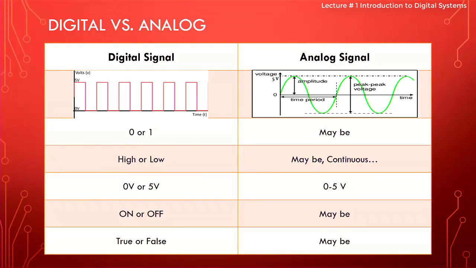And like I said, it could be anything between 0 and 5. On and off: it could be off here, it could be on, but there's so much between 0 and 5 where we don't know whether it's going to be on or off. There's another lecture about it. We'll understand how far above 0 we need to go for it to be considered low, and how far below 5 volt we need to be for it to be considered on. It varies from chip to chip and the material that was used to fabricate the chip.